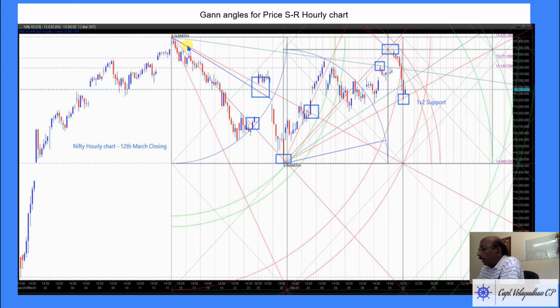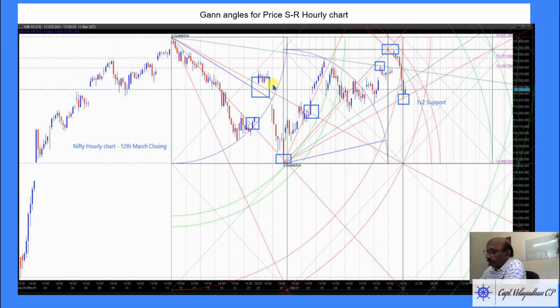this is the recent high, 15,433 points. This is the Nifty spot chart. From there, the market corrected deeply. When the market came down and you put a Gann angle, the price remained between this line and this line, these angles. And here the price moved above one by one and took support at this angle, this line.